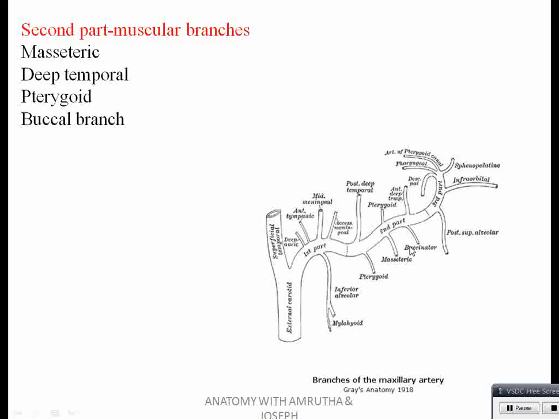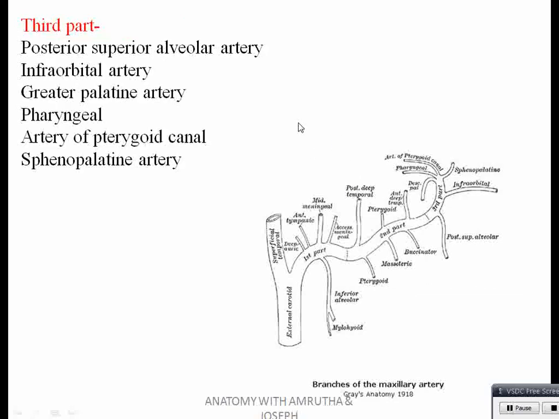Buccal branch supplies the different muscles in that area, supplying the buccinator as well. Third part, it's very deep, which has some branches like posterior superior alveolar artery, infraorbital artery,